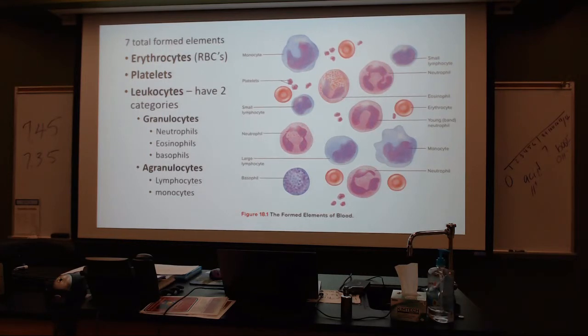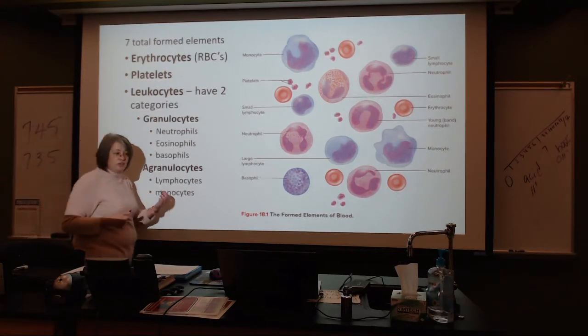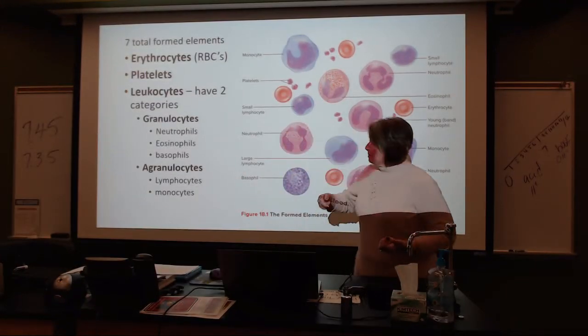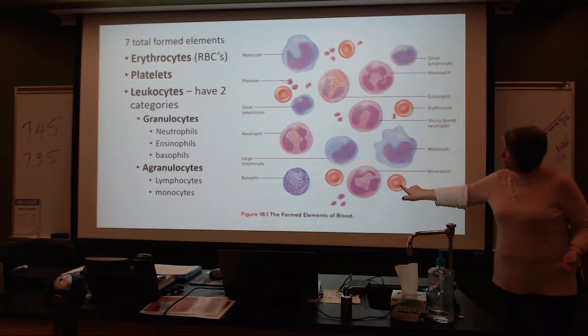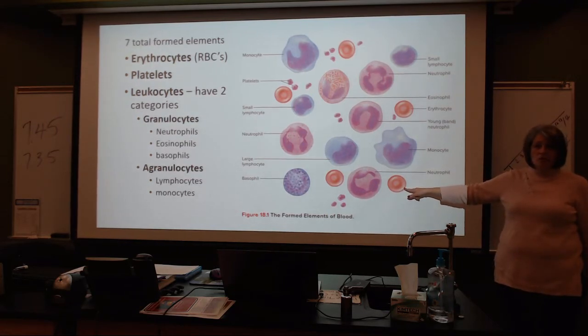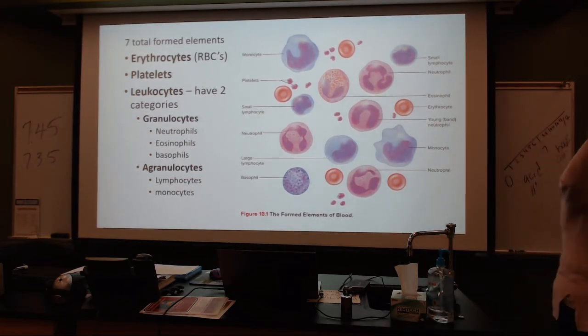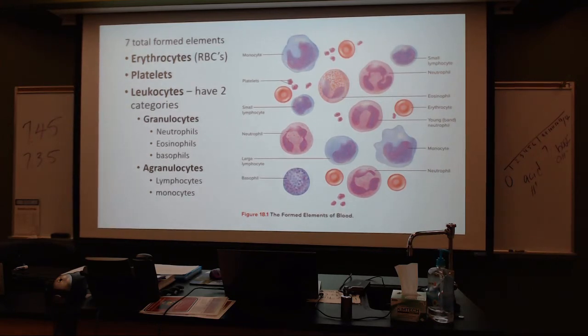Therefore, how much we know comes from this study of hematology. When we look at the formed elements, the cells and their fragments, we have our red blood cells. When at maturity, because a red blood cell has to mature. At the time of being a true red blood cell, they are